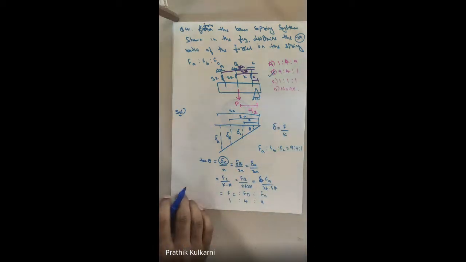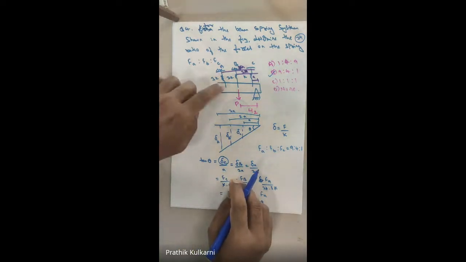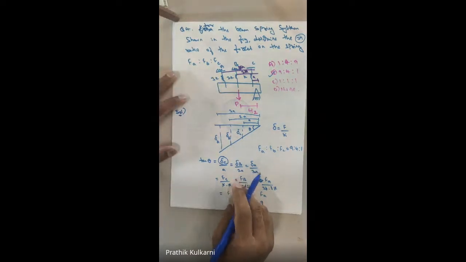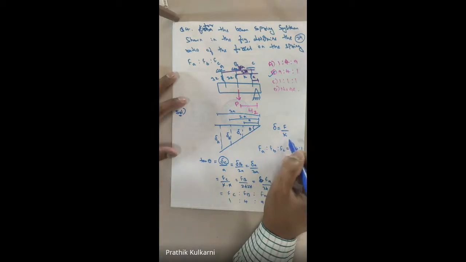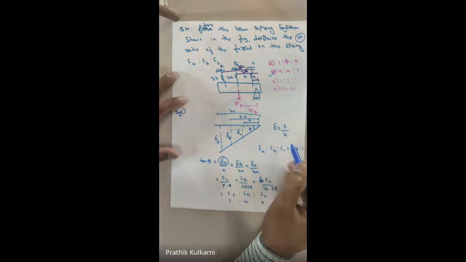Look how simple the problem is. The problem is very simple, we just need to understand how to solve it. Fine. So next time, whenever you solve such problems, you can go with this pattern: find your tan theta and do it. I just wanted to show the difference between a normal cable and a spring. In the cable we did earlier, we took delta as PL by AE, but here, as the spring is there, we take delta as F by K.